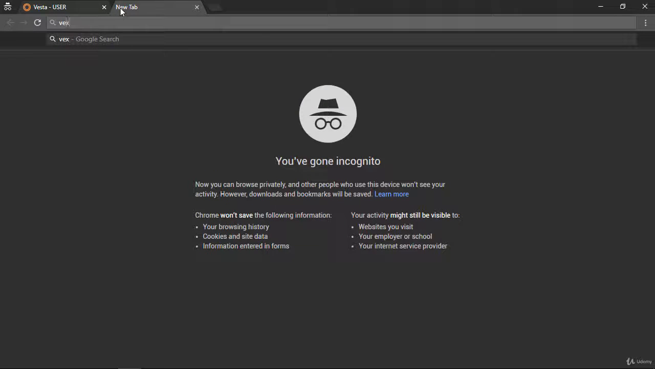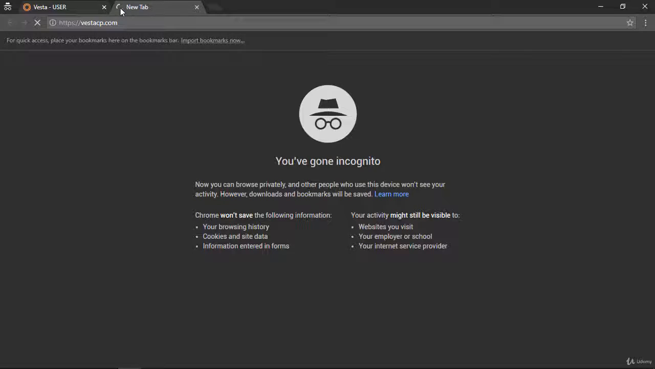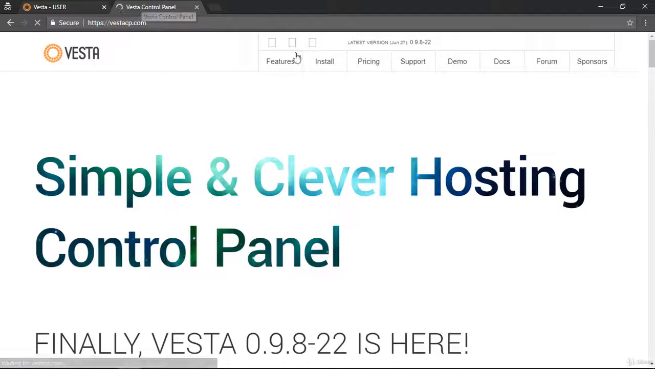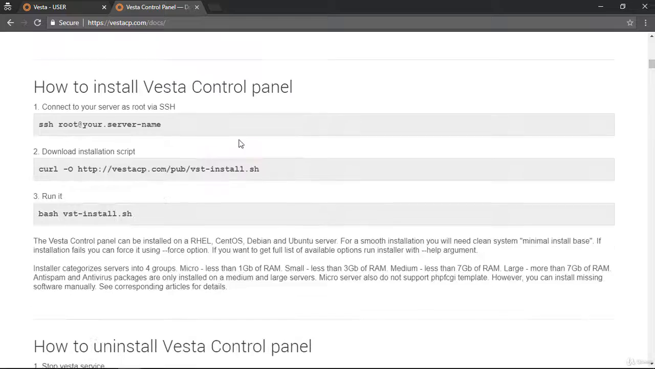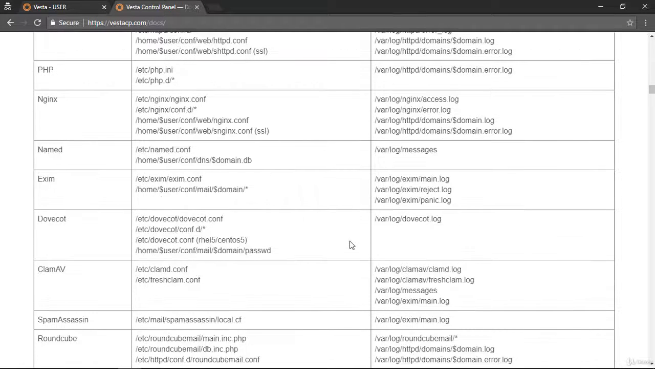I want you to search for the Vesta CP configuration file. So just go to the website and go to the documentation here. They don't have anything like how to change the port, but they have the locations here. There are multiple locations of the configuration file, and this one is the default Nginx configuration. If you just copy this up,